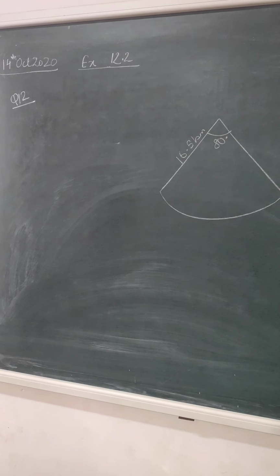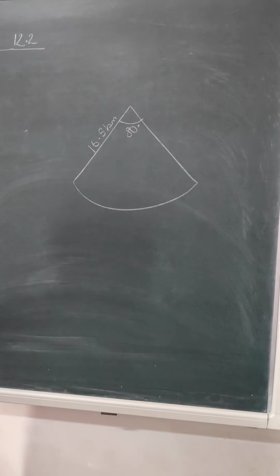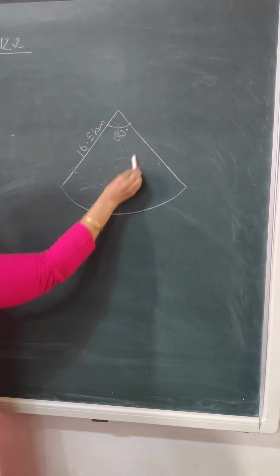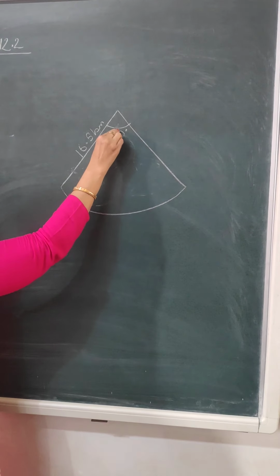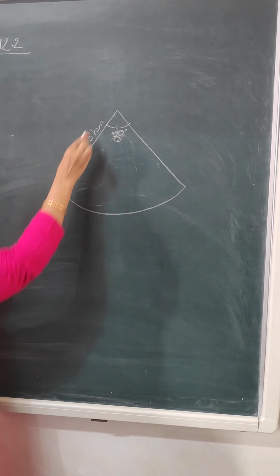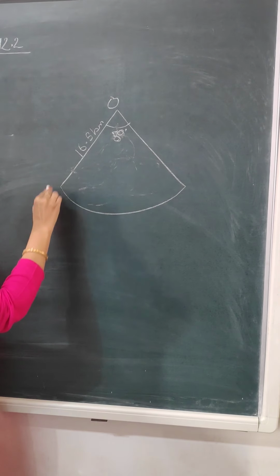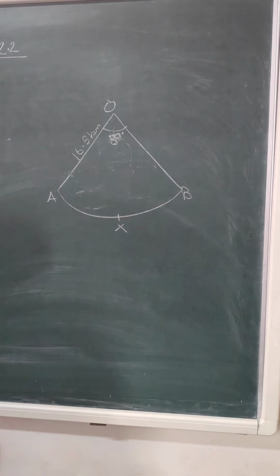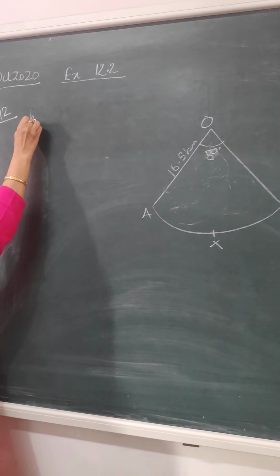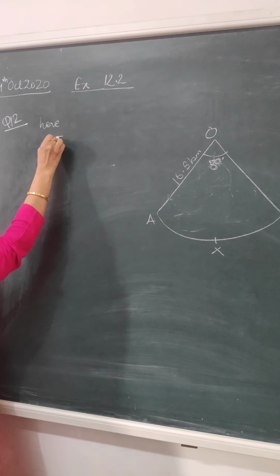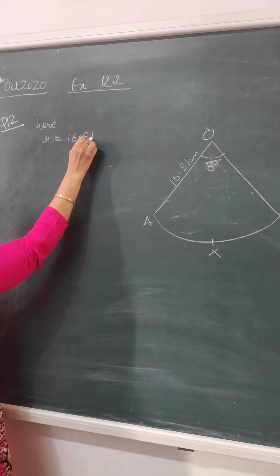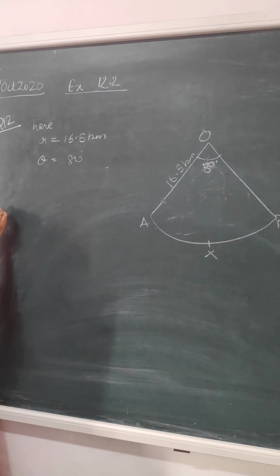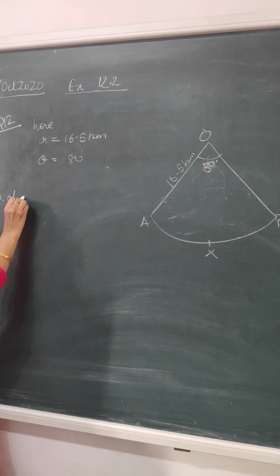You know that in sea there are lighthouses to warn ships. So they are saying that a light is coming up to an area of sector angle 80 degree and radius 16.5 kilometer. So it is forming a shape of a sector. तो हमें इस सेक्टर का एरिया फाइंड करने को कहा है. So we will write here r is equal to 16.5 kilometer and theta is equal to 80 degree. So we have to find the area of sector.